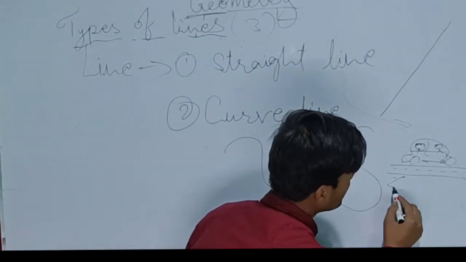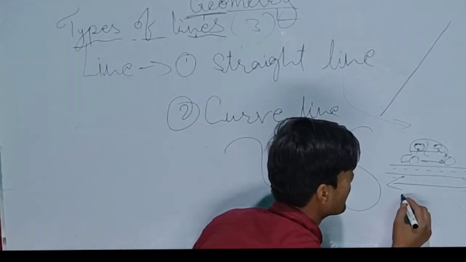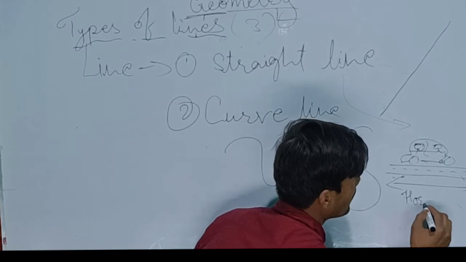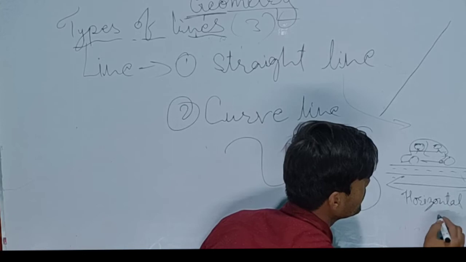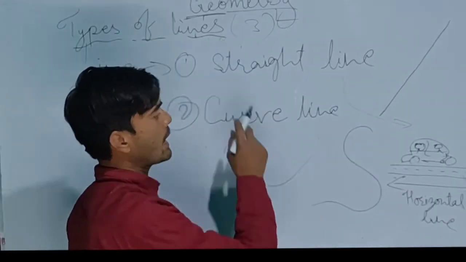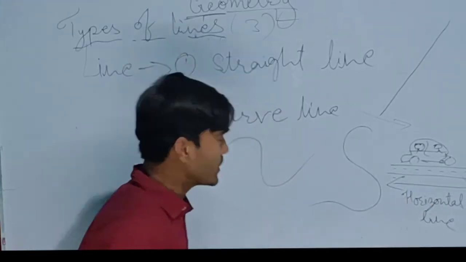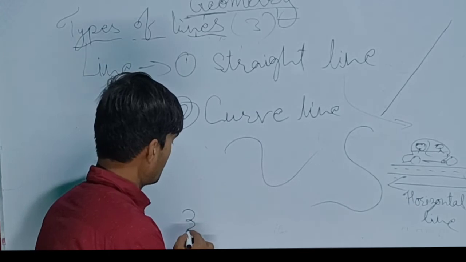So this plain line we can call a horizontal line. A straight line is also known as a horizontal line, and the next one is the curved line, and the third one